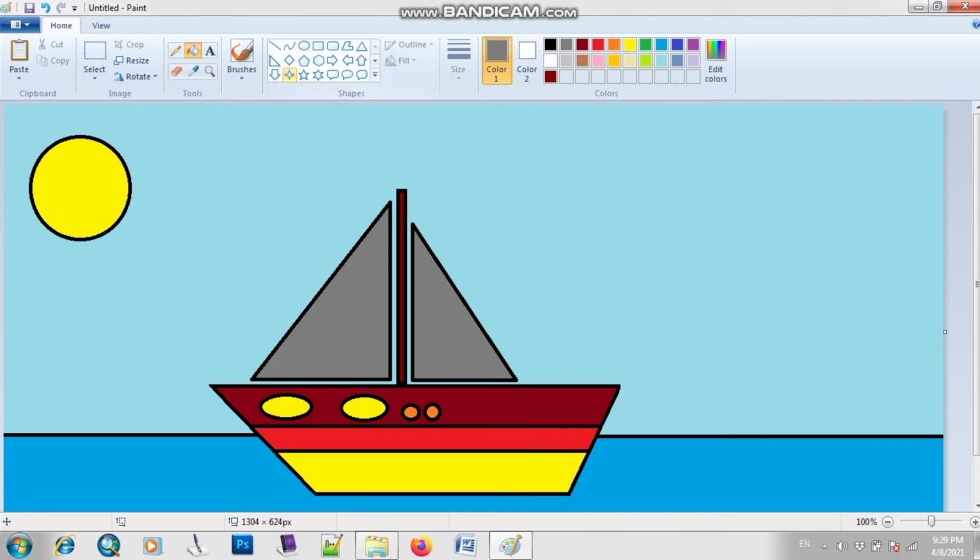So at the end, if you want to also draw a flag or any other point, then you can easily draw it. Like I will choose first of all black color, and as you can see, now you can adjust here.